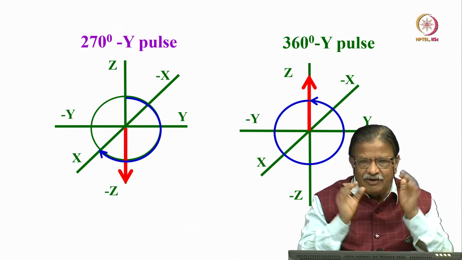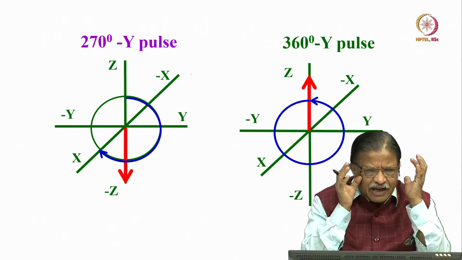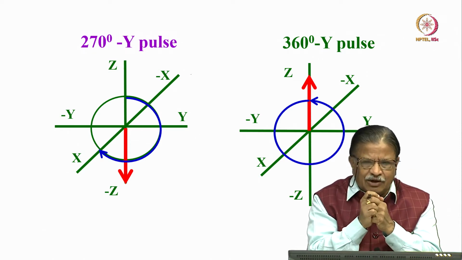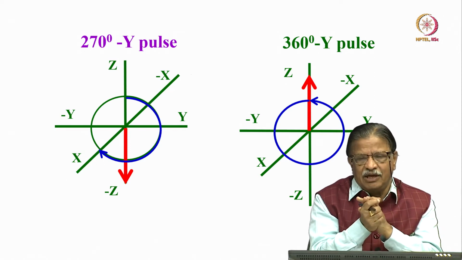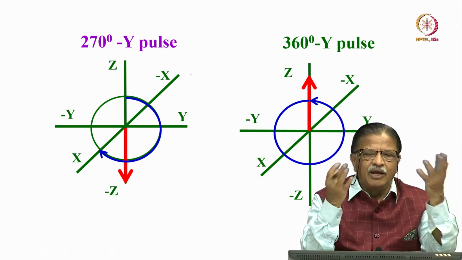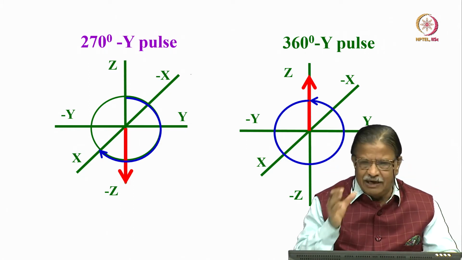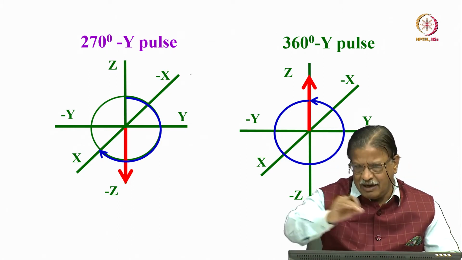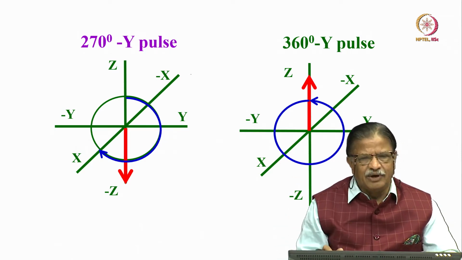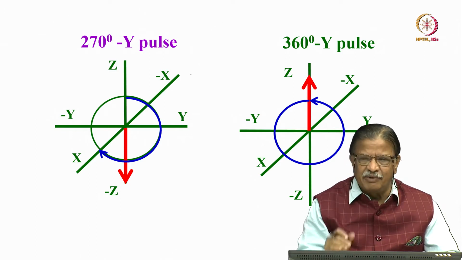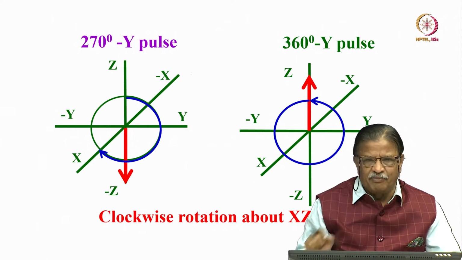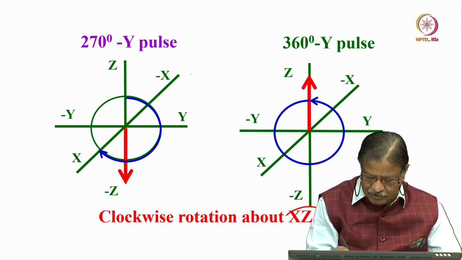So, this is where the phases of the pulses are very, very important, and with this you can control the behavior of the spins. You can tune the magnetization and design the pulses in such a way that the spins rotate in a particular direction and a particular plane, so that you can retrieve the information from the spectrum the way you want. So, pulse phase is very, very important. So, this is a clockwise rotation in the YZ plane.